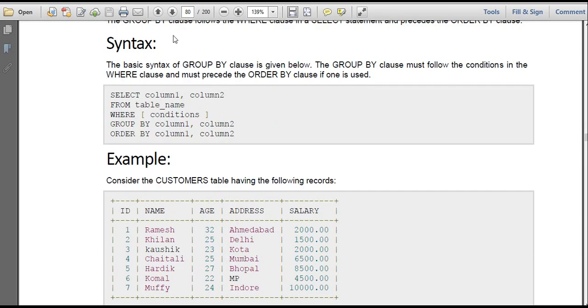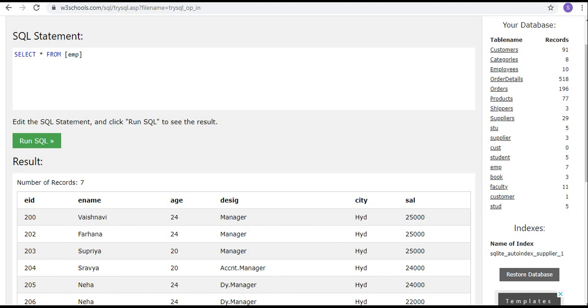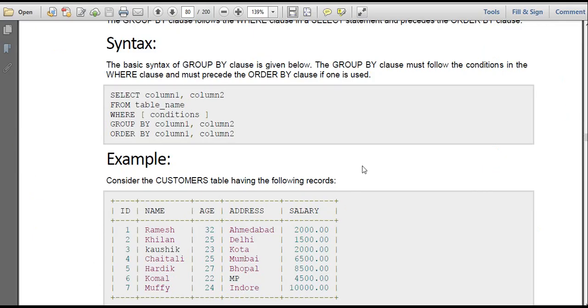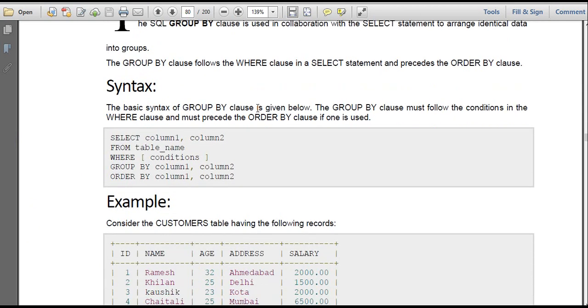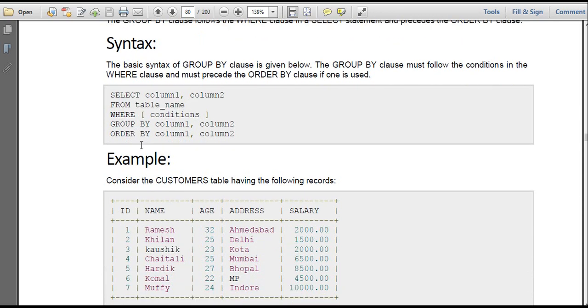If you want to group the data based on the items, we'll use group by class. The group by class is used in collaboration with the select statement to arrange identical data into groups. If you want to use all the things, first we will use where class, then group by, then order by.